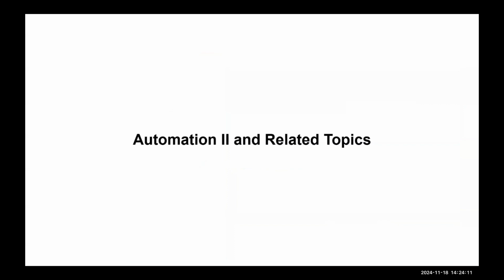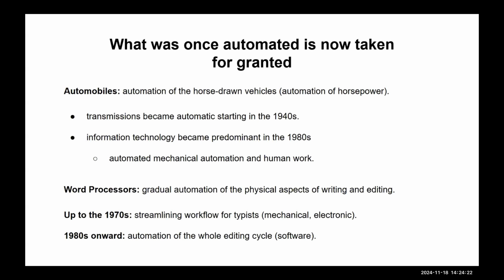Now, I have the second part of the automation lecture, in which I'm going to talk about automation and some related topics that are also interesting to project management. Let's think about automation in terms of how it originated, at least in terms of the Industrial Revolution. A lot of times you'll start with some sort of manual, non-automated situation, and you'll start applying automation to a problem. And then you'll keep adding layers of automation on it, just to make things easy.